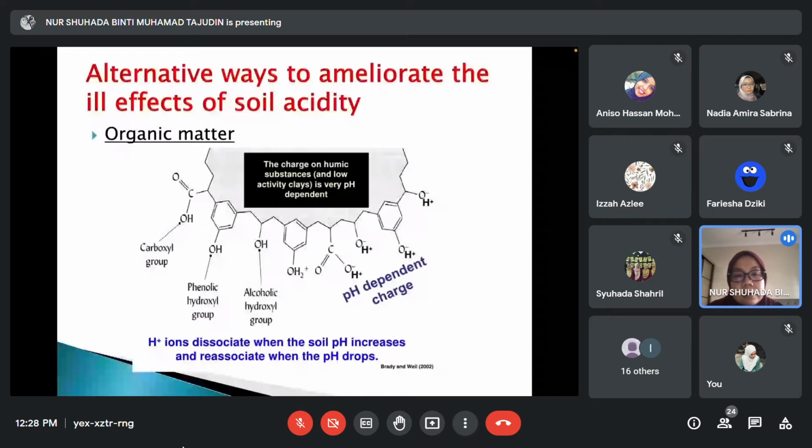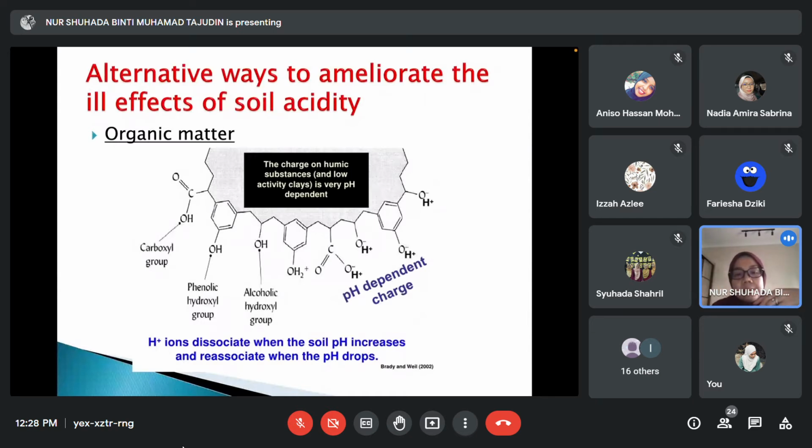Ini yang tadilah saya cakap, if you want to ameliorate the effects of soil acidity, you can put organic matter, because organic matter acts as a pH dependent. Okay, so it can dissociate the H plus when the soil pH increases and reassociate when the pH drops. When you are putting the organic matter, it helps like materials that neutralize, a backward process. Okay, so it can identify whether your pH is acidic, or if it's acidic, then it will release the